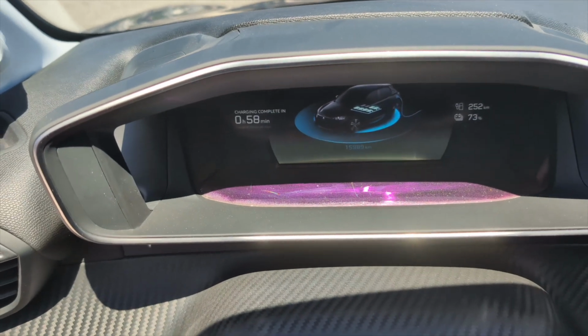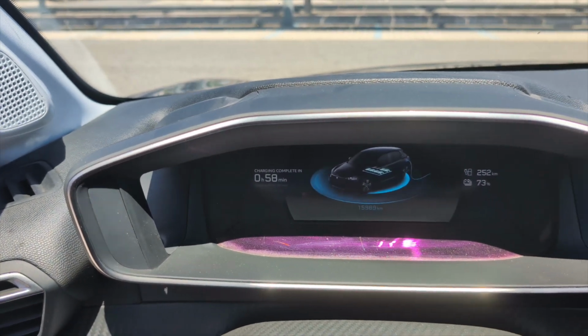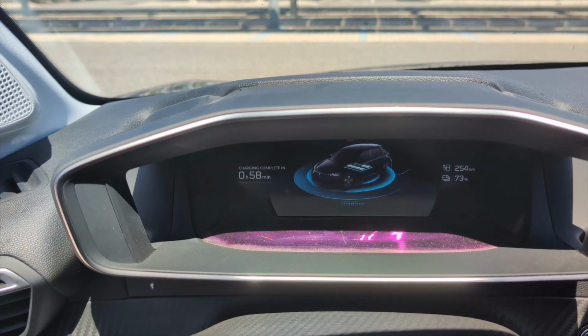Because we travelled all the way from Viterbo today, and we got here with 73% from 91% to 73%, and we did over 90 kilometers, I believe. So this car is pretty efficient, but then driving in Italy is really...